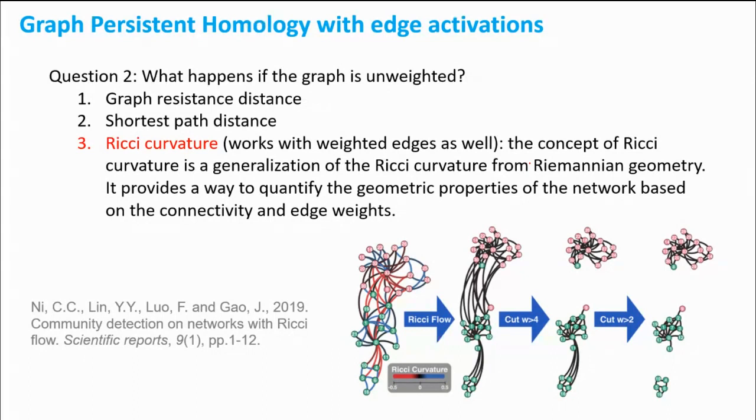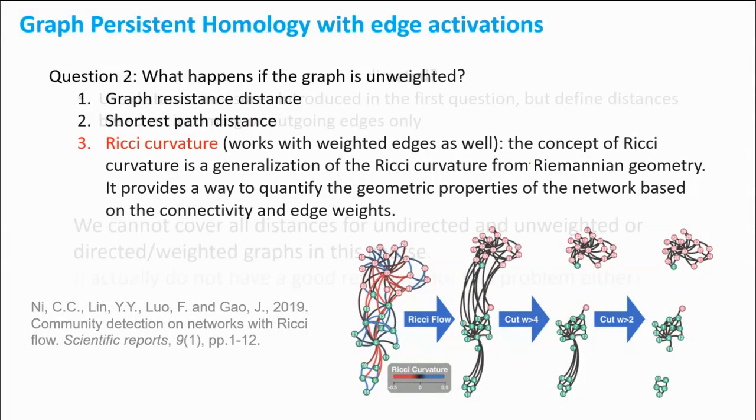This Ricci curvature is something new that is coming from, if I'm not wrong, physics. And wherever I look at it, I also used it in my experiments, it tends to give the best results. So what it does is this. Ricci curvature is a generalization of the Ricci curvature from Riemannian geometry. It provides a way to quantify the geometric properties of the network based on connectivity and edge weights. So what that means is that in the Ricci curvature,